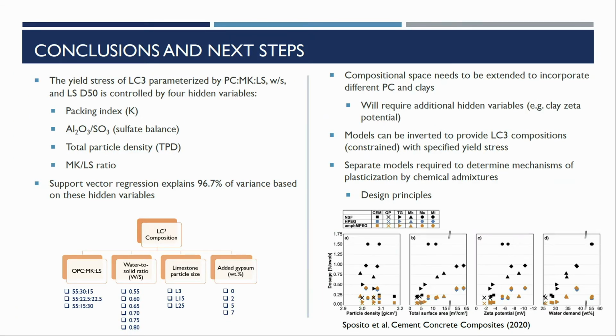Okay. So basically, the conclusions of this part are that when we see this design space, we think in terms of those variables, that these are the variables that really govern this, and that this particular way of developing a functional relationship using support vector regression resulted in a very accurate model. The next steps are,